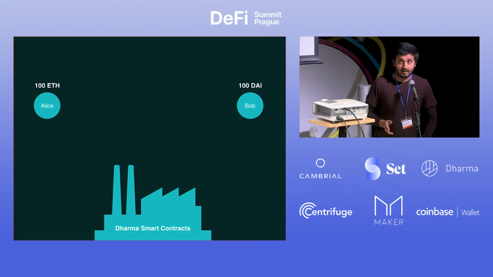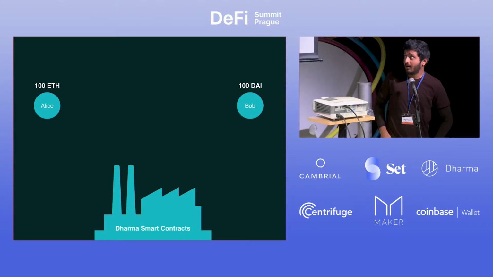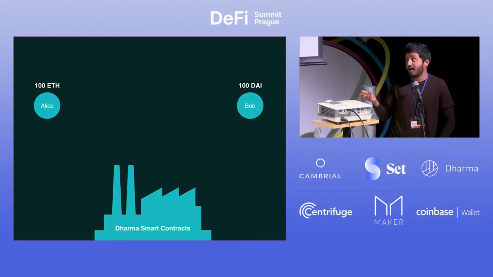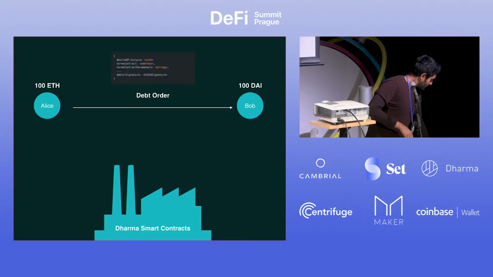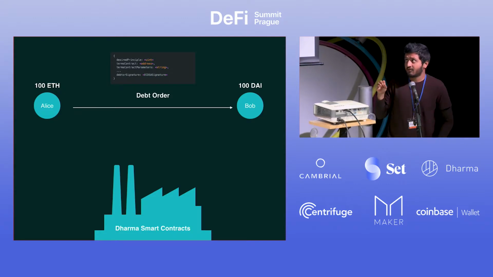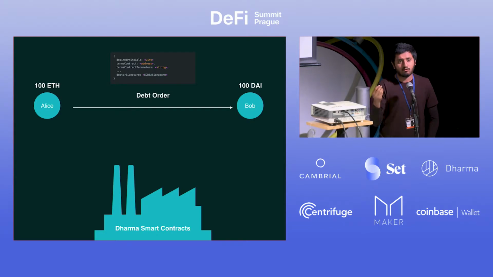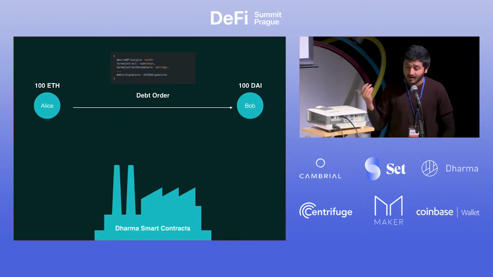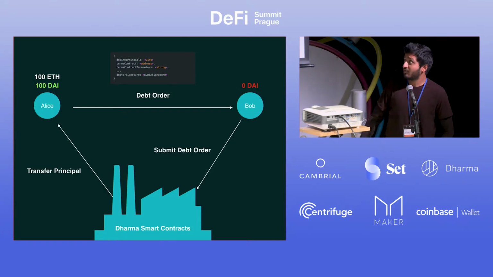We'll walk through a quick example here. Alice has 100 ETH, and Bob has 100 DAI. Alice is looking to borrow 100 DAI from Bob, and below live the Dharma smart contracts. When Alice wants to borrow, Alice signs a debt order, or a request to borrow, to Bob and basically says, hey, I want to borrow 100 DAI from you, and I'm willing to put down collateral. So what Bob does